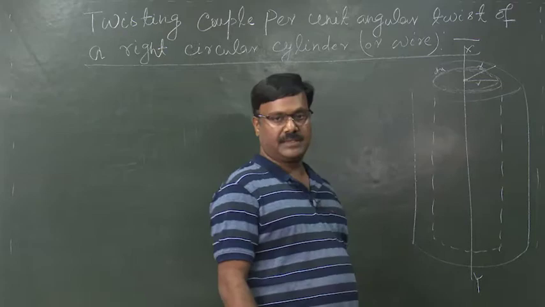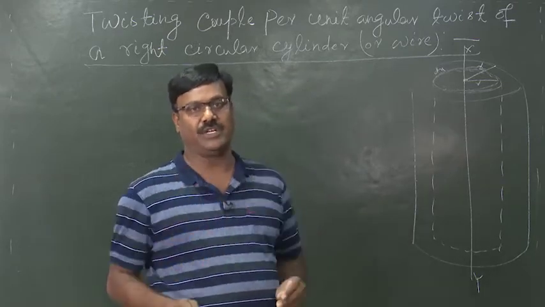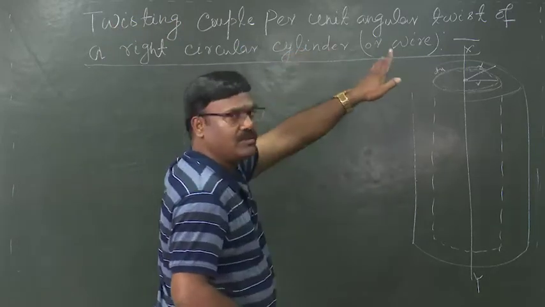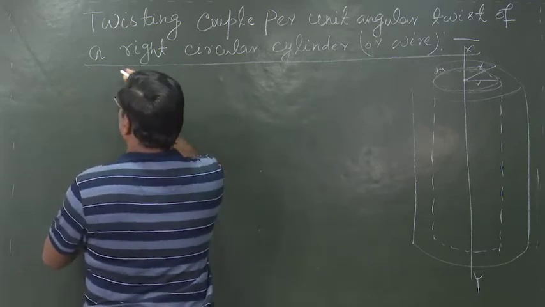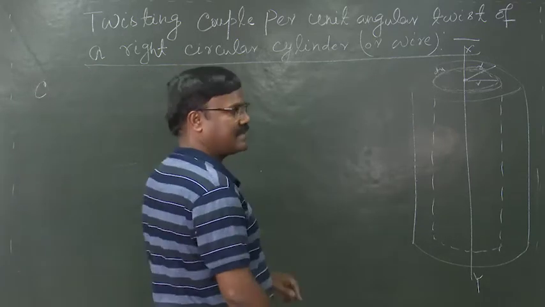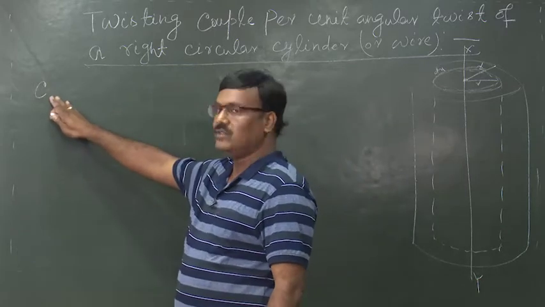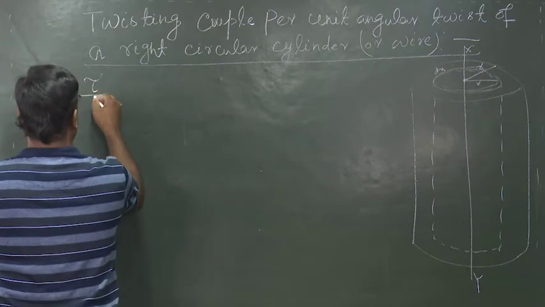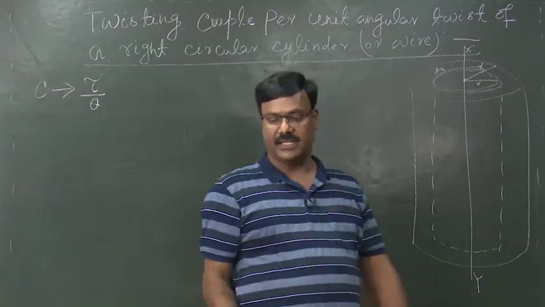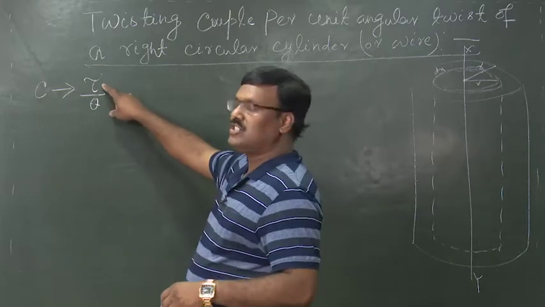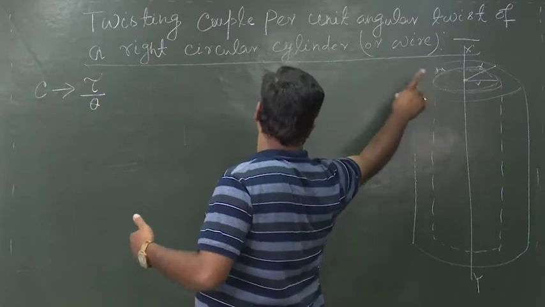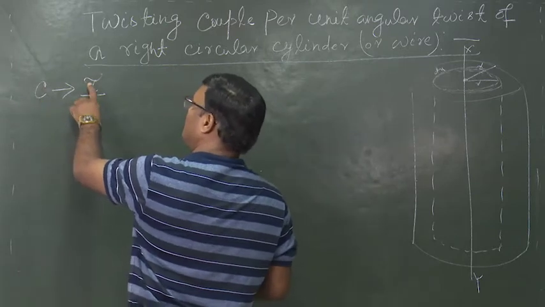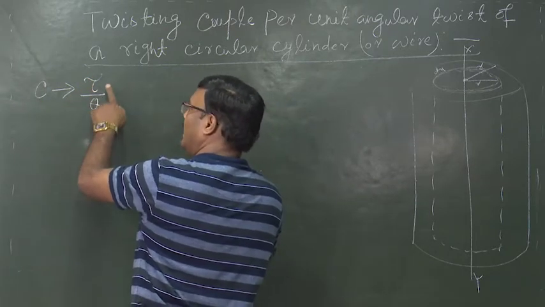To do this, what is the trick in deriving this long question? My question is to derive the twisting couple per unit angular twist, that is, we are asked to derive C. C is the twisting couple per unit angular twist. To derive this we have to first find out tau by theta. Then what is tau? Tau is the torque acting on this cylinder while we are twisting this. So, to derive C we have to first find out tau and then theta, and by dividing both of them